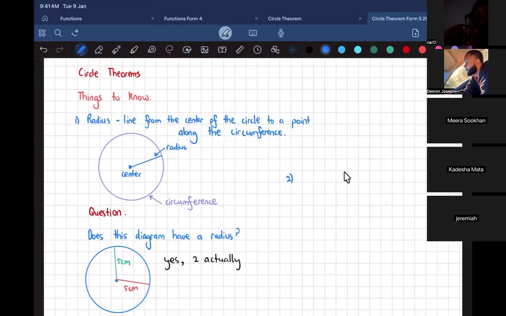Right, so there's Ron, you there? I see you. Okay, I'm now hearing you. Ron, you remember what the radius and circumference were, right? Okay, good. Now the diameter. Copy down what's on the screen. I'm going to write what the diameter is. So, diameter is a line that goes from one end